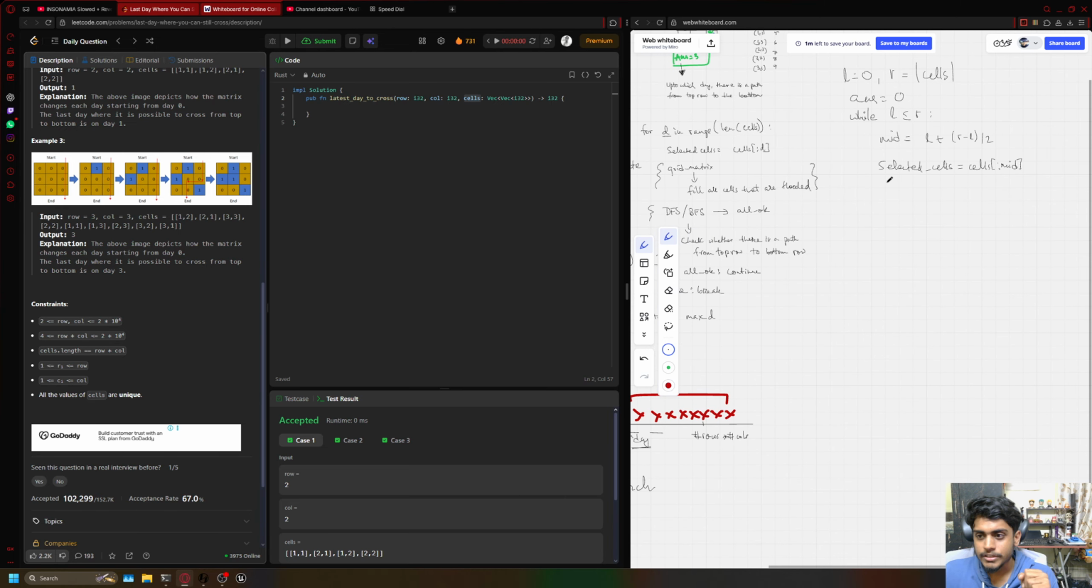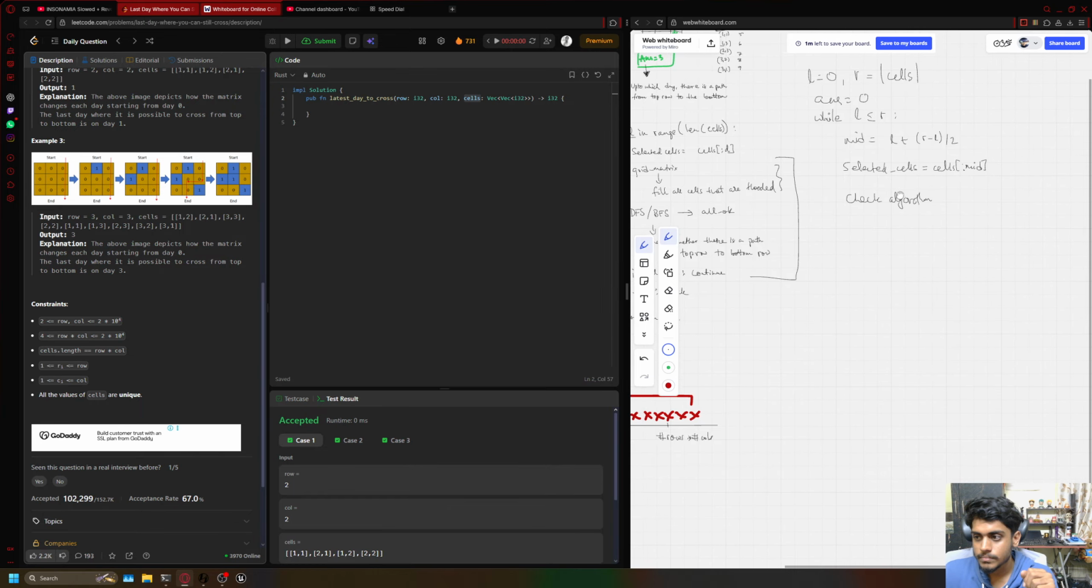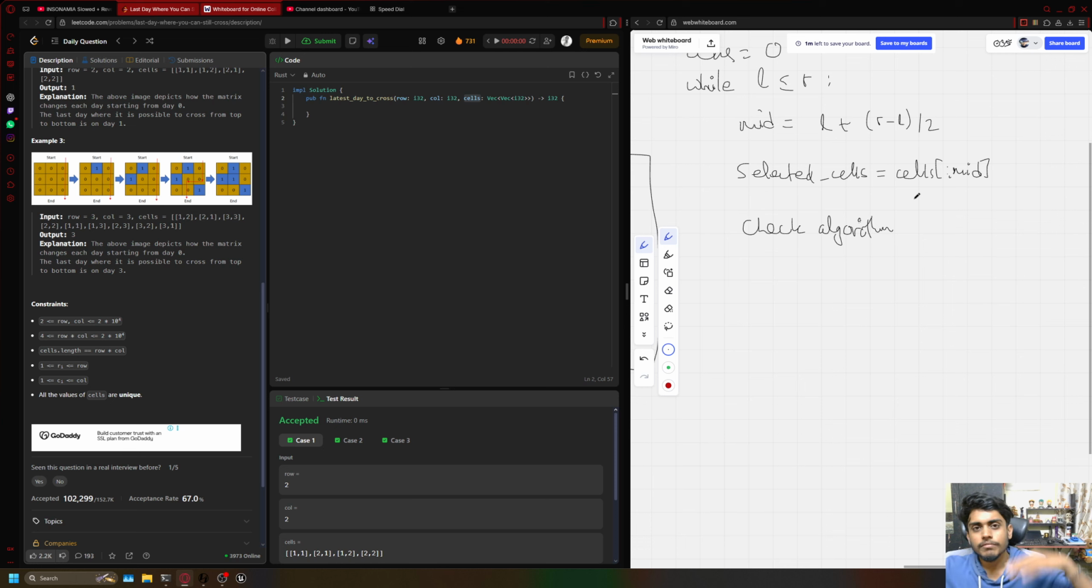Now from this I'll perform the checking algorithm. I will call it check algorithm, to check whether there exists a path from my top row to the bottom row. So if my check algorithm gives me yes, there exists a path for this day also, then I will store that answer, and I will look on the right side, which basically means I will